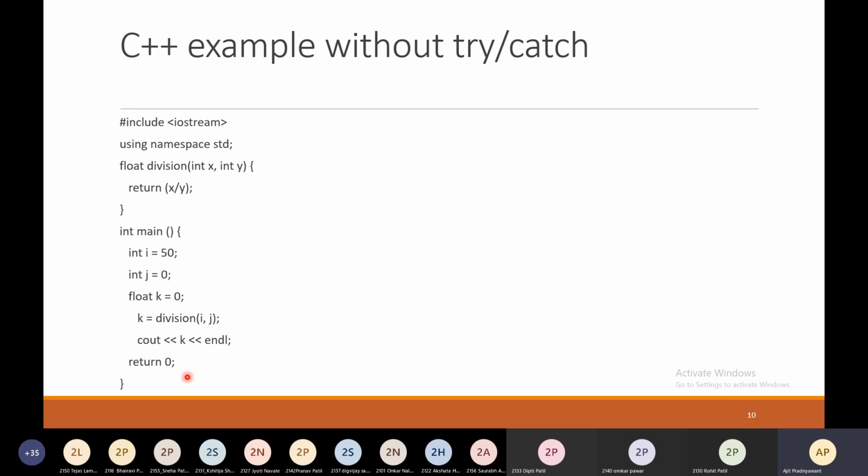Once you have code like this, at this point there will be a runtime exception. This program will be compiled properly. This program will be executed, but when it comes across this statement, it will terminate. It will stop executing. And this is not the way to execute a particular program. This statement will stop the normal flow of the program, and such things should not happen when your program is executed.